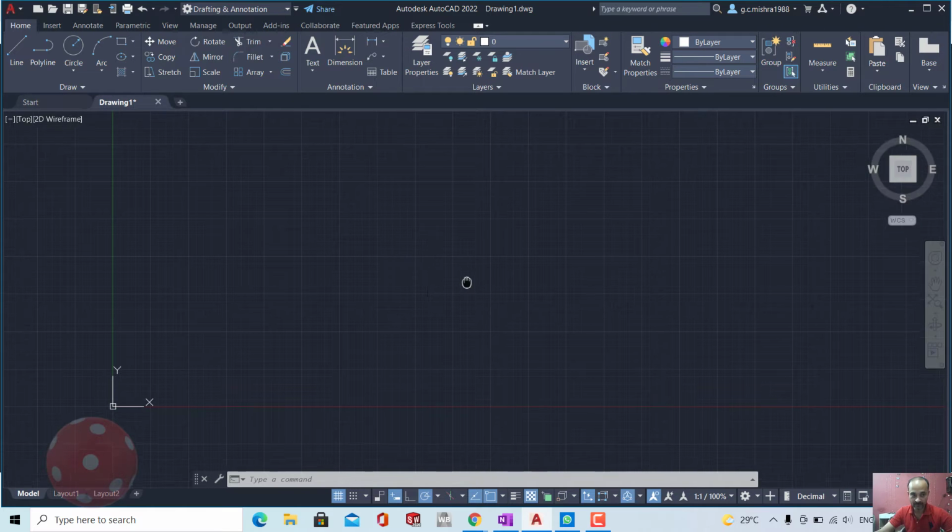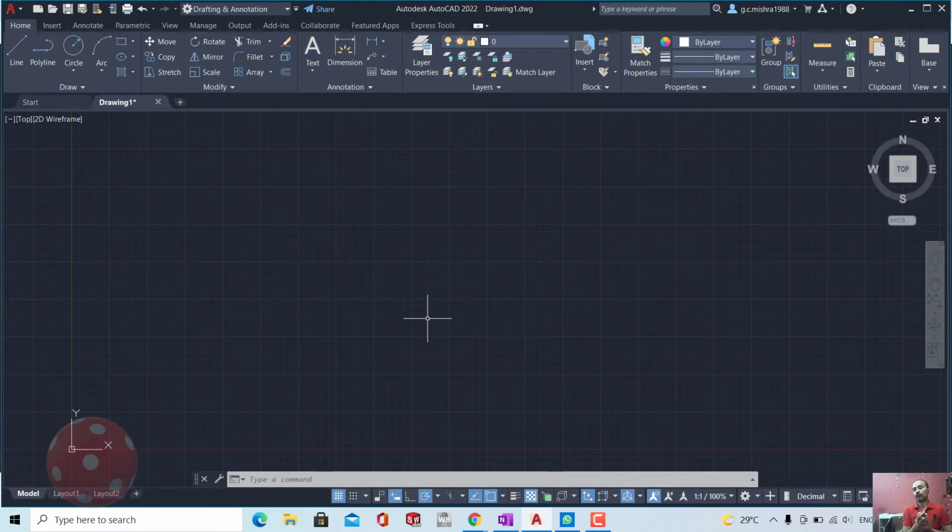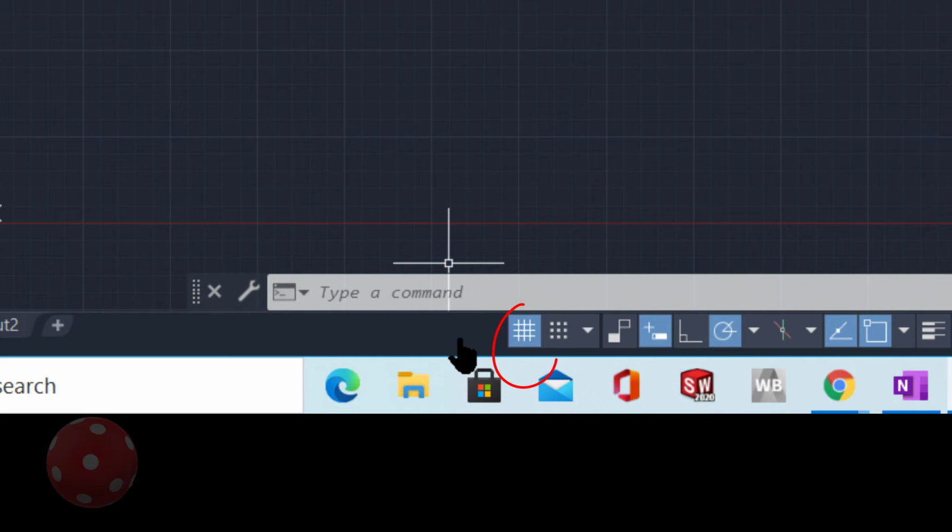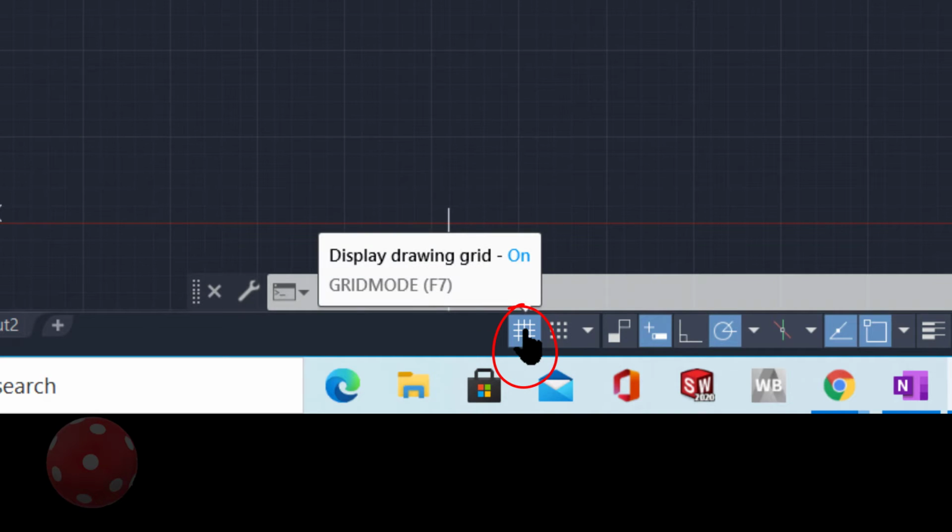And the grid is visible in the whole workspace. If I go to the bottom side, the first one is Display Grid drawing. It means you can turn it on or turn it off.